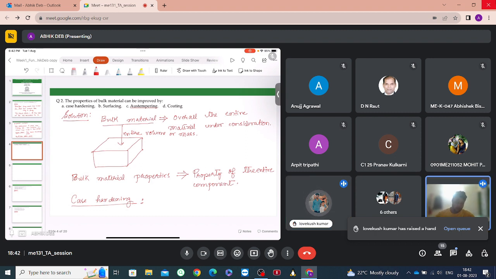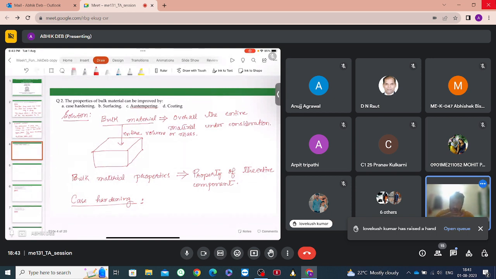So going to the processes, what is case hardening? Case hardening is basically used for low to medium carbon steels, in which after a component is made, we infuse carbon or nitrogen or any combination of carbonitride compounds, so that the carbon diffuses to the surface layers, and this carbon infusion into the surface layers